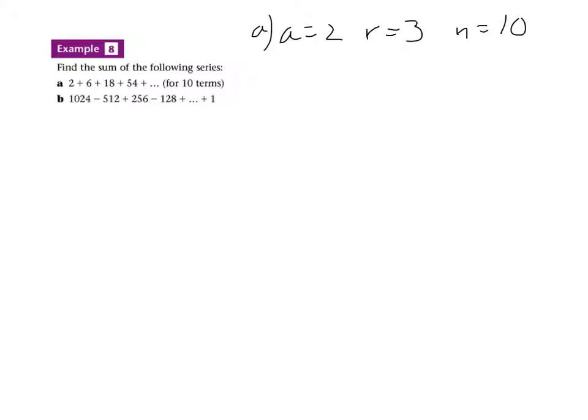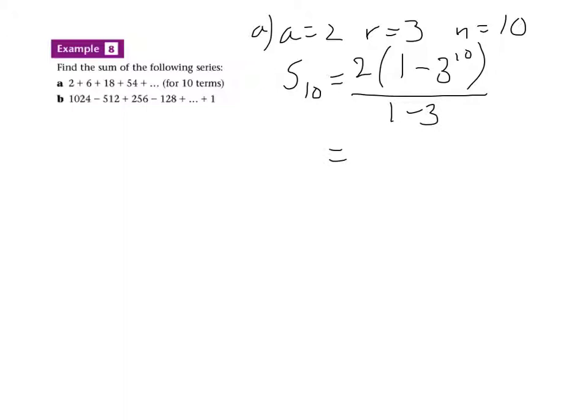So we're substituting into the equation, well, S10 equals a, brackets, 1 minus r to the n over 1 minus r. It doesn't matter which version you use, I'm using this version right now. So all we're simply doing is number crunching this. So 2 brackets 1 minus 3 raised to the power of 10, close brackets, over 1 minus 3, and we'll get the answer,